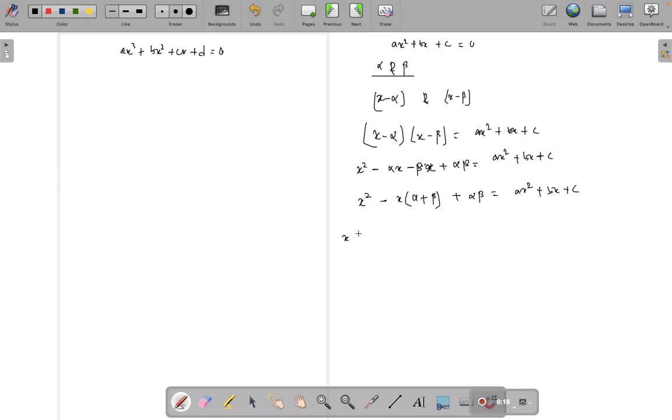So if you take x common, x minus (alpha plus beta), plus alpha beta. So we have to prove they are equal, right? So you have to find the value of alpha plus beta. Only alpha plus beta should remain on the left hand side. So see, if you just compare these two equations,